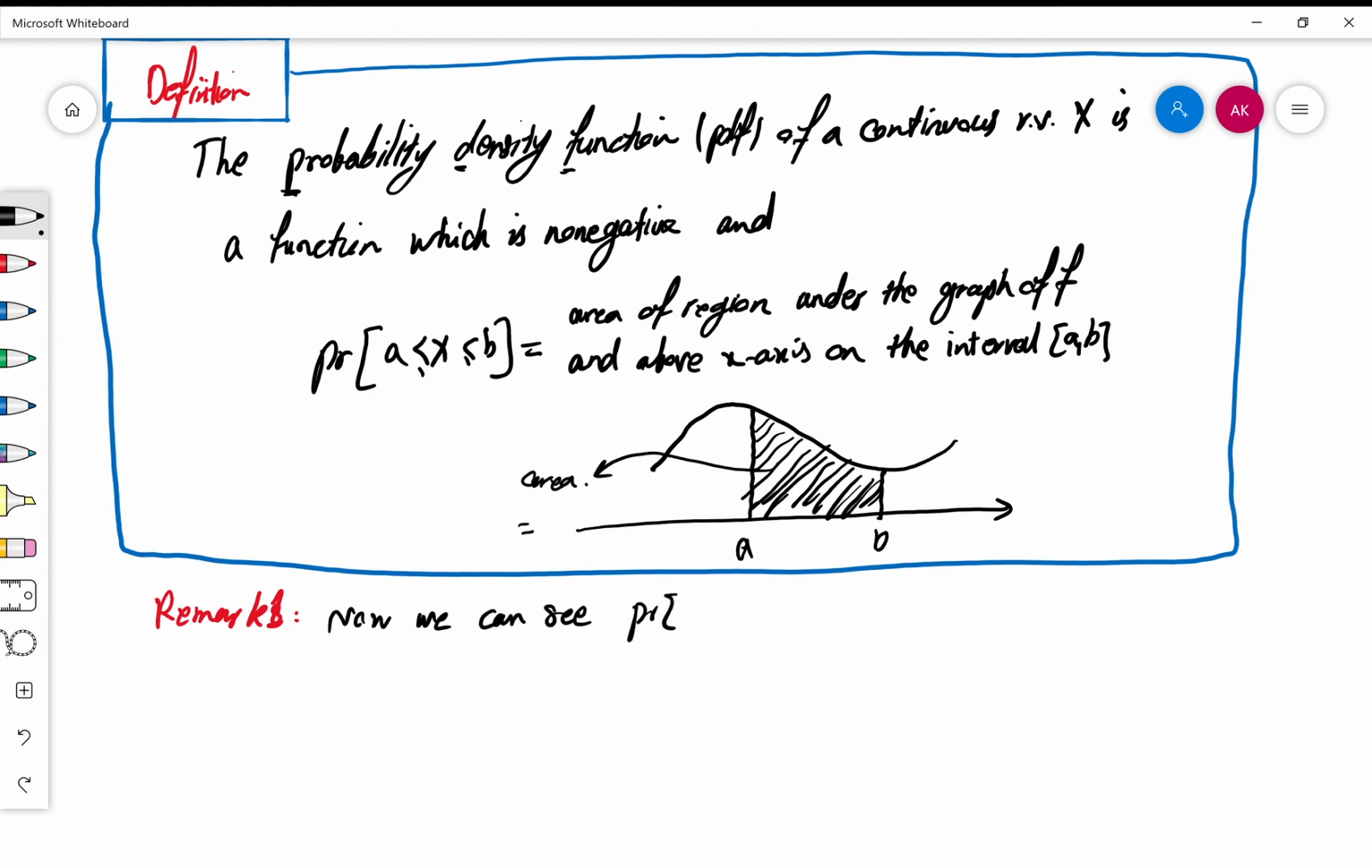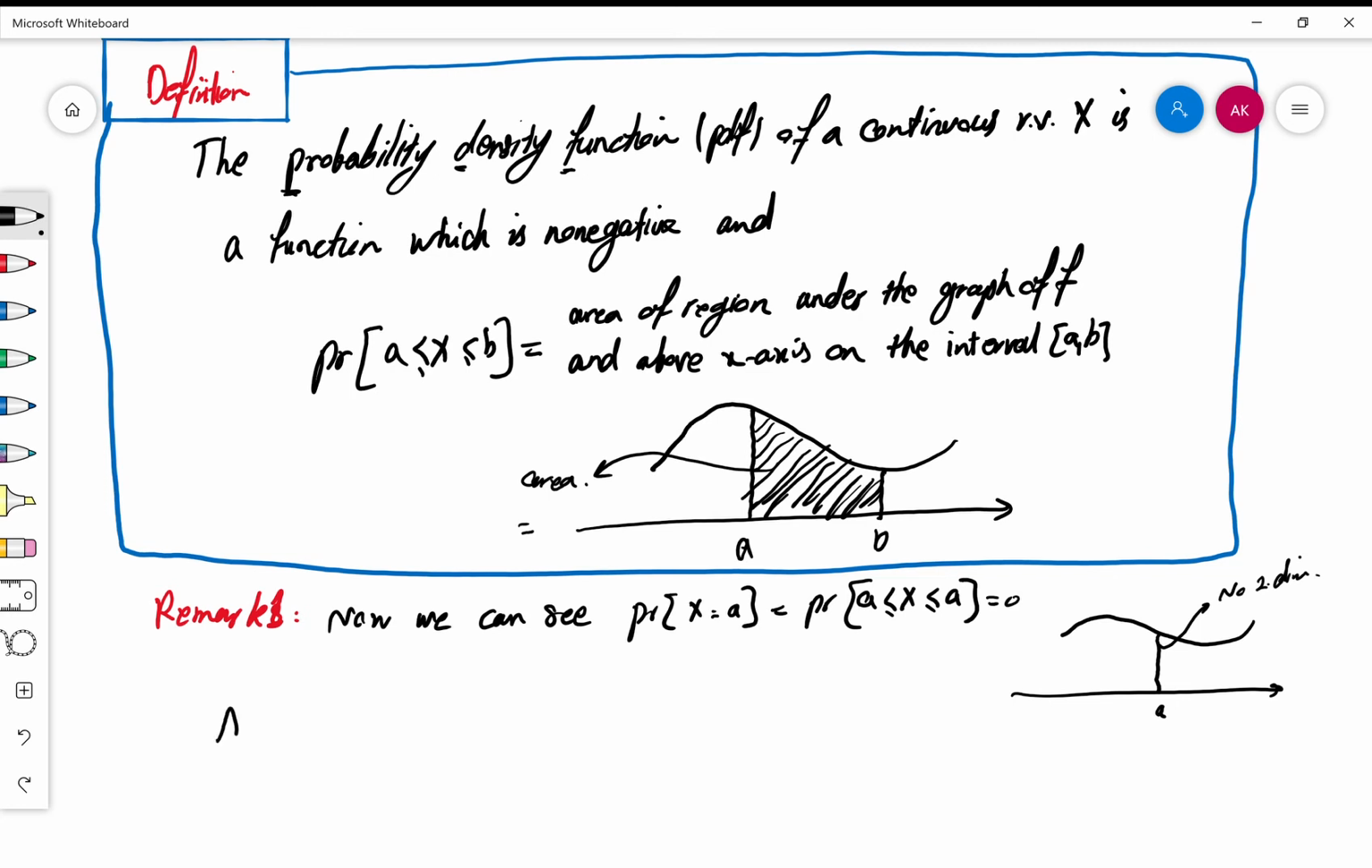why probability of x being equal to a number, which is the same thing as x being bigger than or equal to that number and less than or equal to that number, is 0, because if you look at the graph, the region under the graph of the function from a to a, there is no two-dimensional region there, so the area is 0. So that's why. And as a result, very important, so as a result,